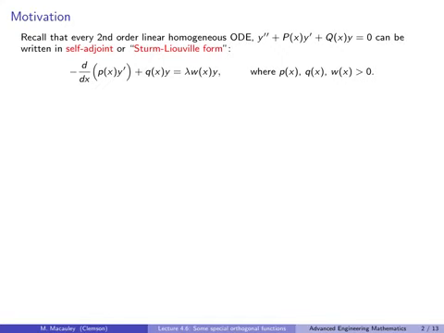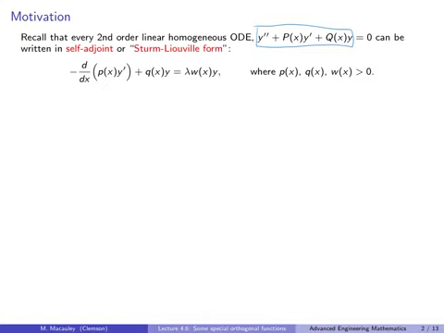I want to now return to something that I mentioned in passing that I promised to revisit with examples, and that's that every second-order linear homogeneous ODE can be written in self-adjoint or Sturm-Liouville form. Now, what did I mean by that? So here's a second-order linear homogeneous ODE, y double prime plus p of x y prime plus q of x y equals 0. So we typically write it in this standard form where the y double prime is monic, but